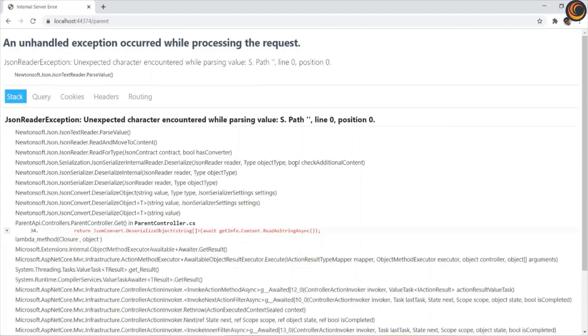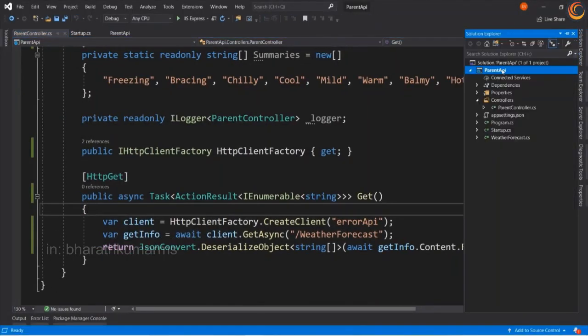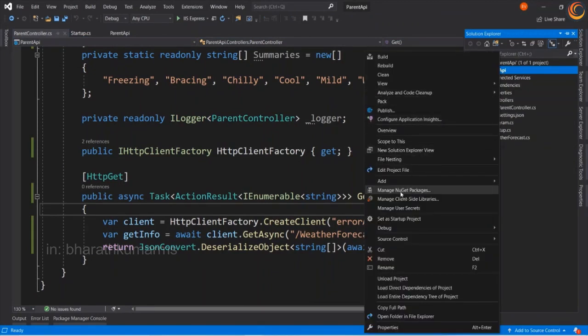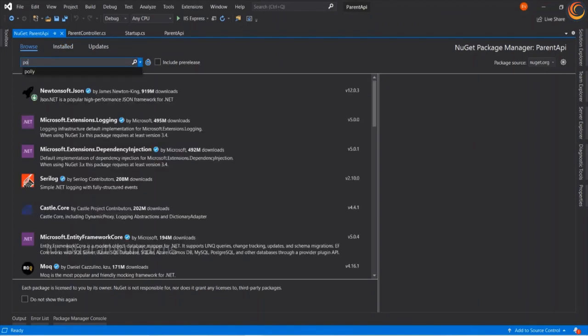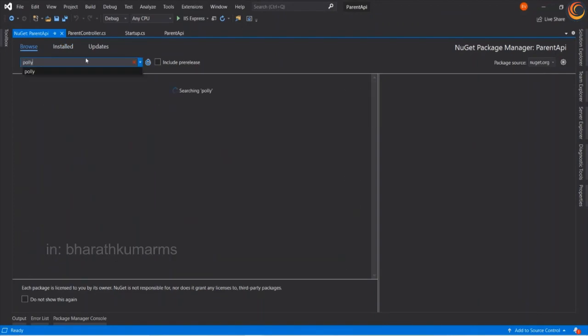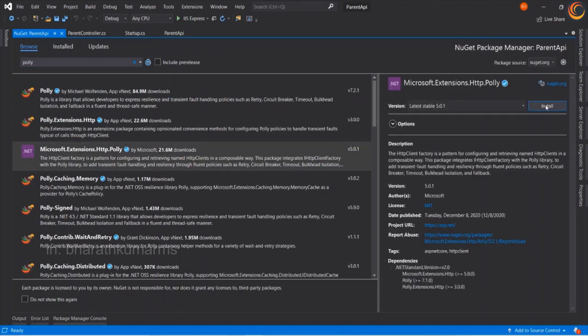For this, we need to install Polly. Let's do a NuGet install. I'm going to put in the Microsoft extensions package.